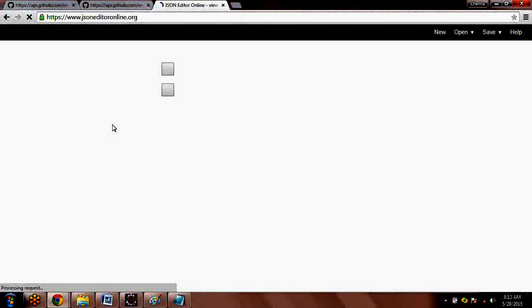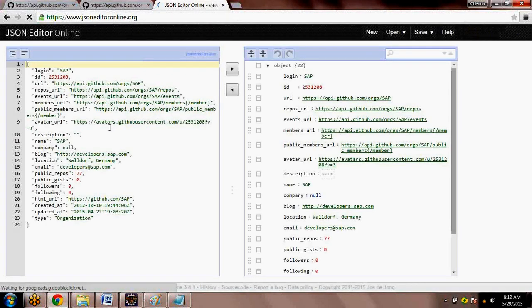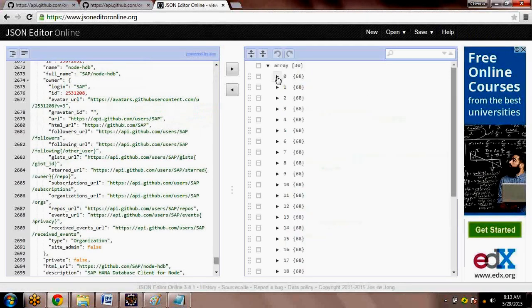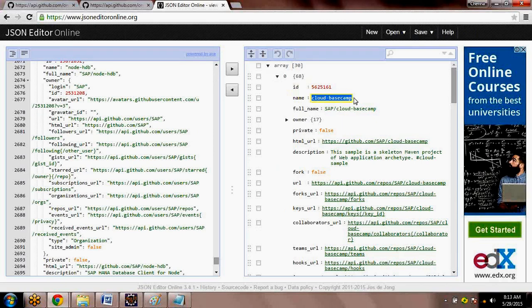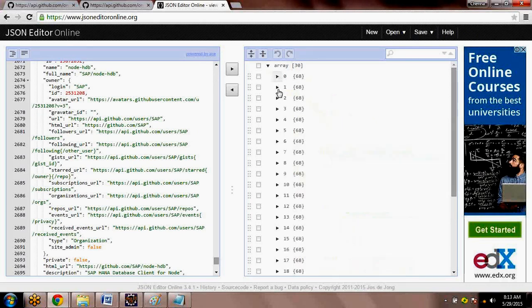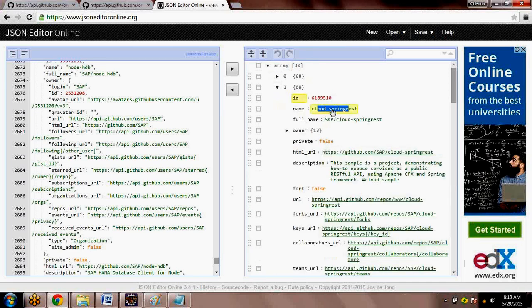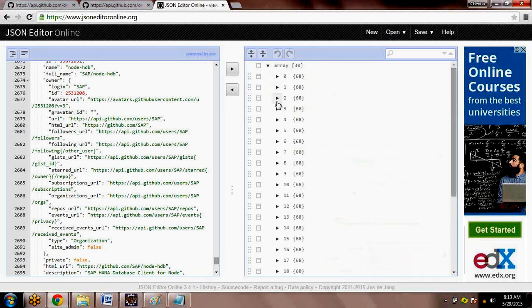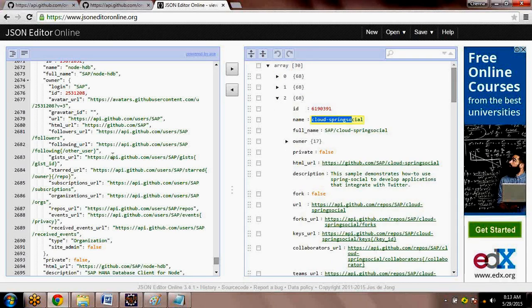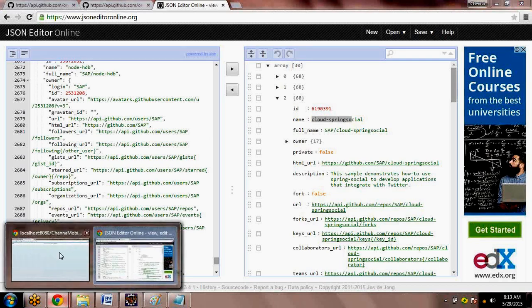You need to start visualizing these JSONs. If not, no problem. By visiting a couple of times, you will understand what is happening. If there are 30 objects, an array of objects, in the first object there is a name. I would like to use this one. In the second object also there is a name, and in the third object also there is a name. These names I would like to take and display on the next page. That's my requirement. You understand the requirement, right?